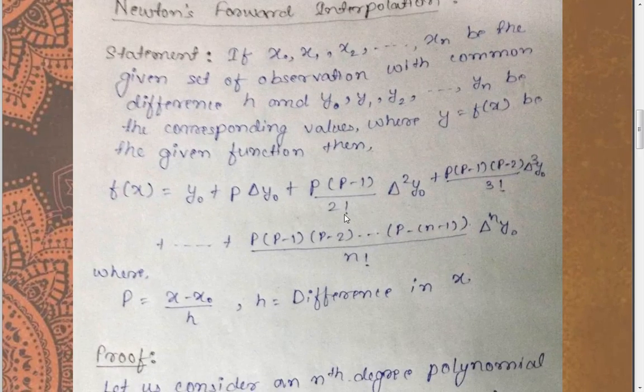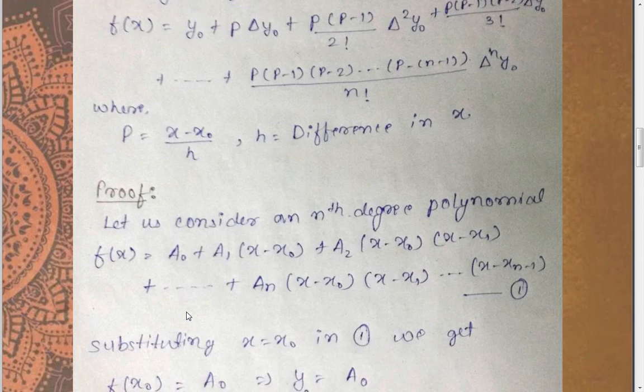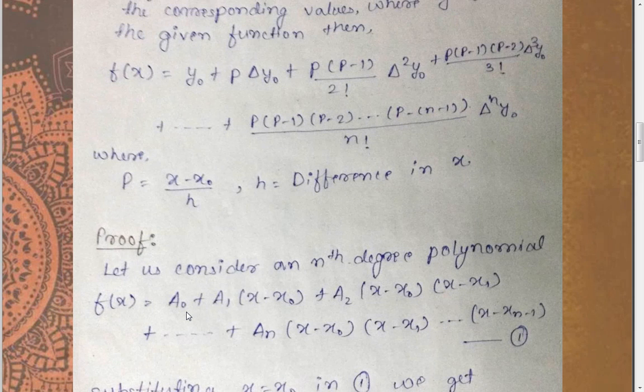As we can see, Newton's forward interpolation formula is given by y of naught, the initial value of y, plus p del y naught, plus p(p minus 1) by 2 factorial del square y naught, and similarly as we know. Here p is (x minus x naught) by h, where x is the point where we want to interpolate, and h is the difference between two consecutive values of x. To prove this formula, we need to consider an nth degree polynomial